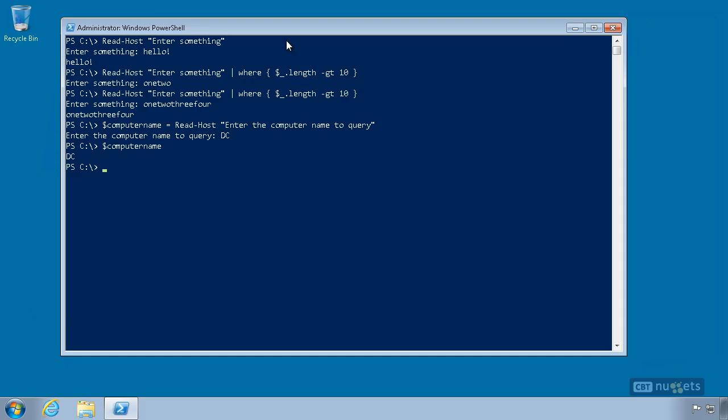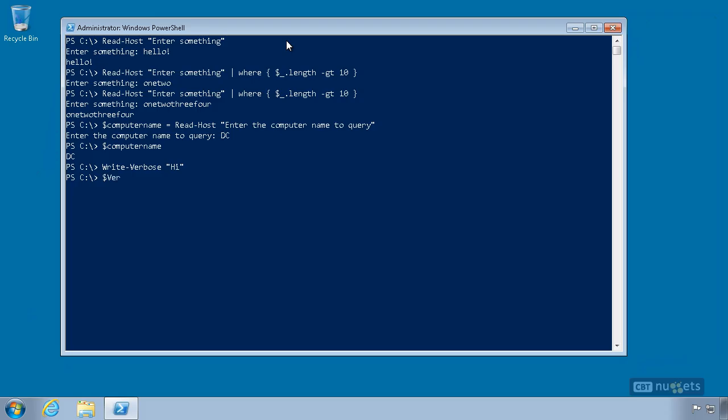Now, some of those other means of displaying information are a little tricky to use. Here's a good example. Write verbose, hi. Where'd it go? See, the trick is that of those 5 pipelines, 2 of them, verbose and debug, are turned off by default. Kind of like a valve at the end of the pipeline. You can put things into the pipeline, but there's no way for them to get out and show up on